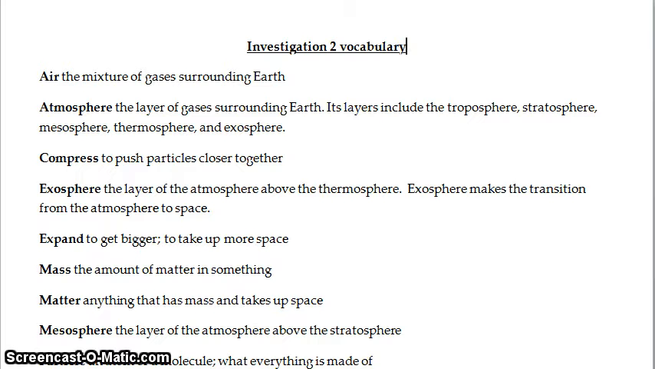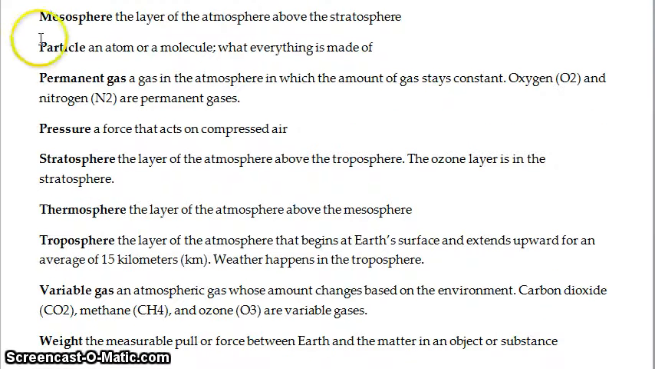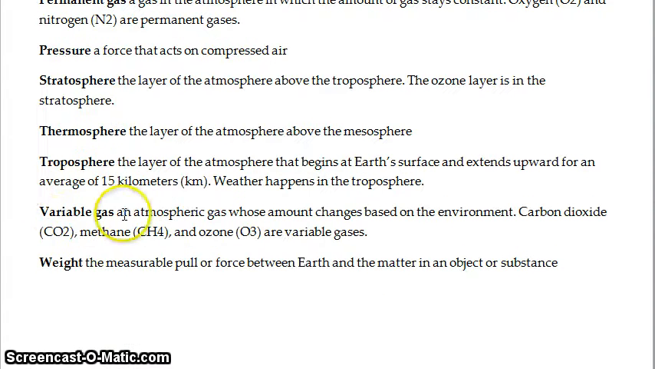Things like air, atmosphere, if things get compressed or closer together, layers of the atmosphere like the exosphere, if things begin to expand or take up more space, mass, as we're talking about matter as well, another layer of the atmosphere with the mesosphere. Particles, permanent gases, pressure, the stratosphere, thermosphere, troposphere, variable gases, and weight. So those are some of the different terms that we're going to be looking at as we go through this